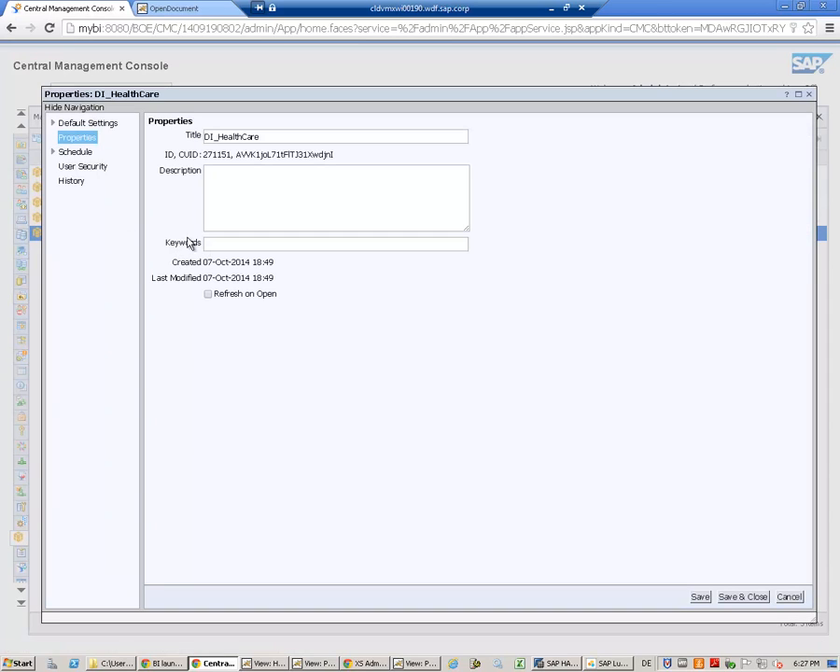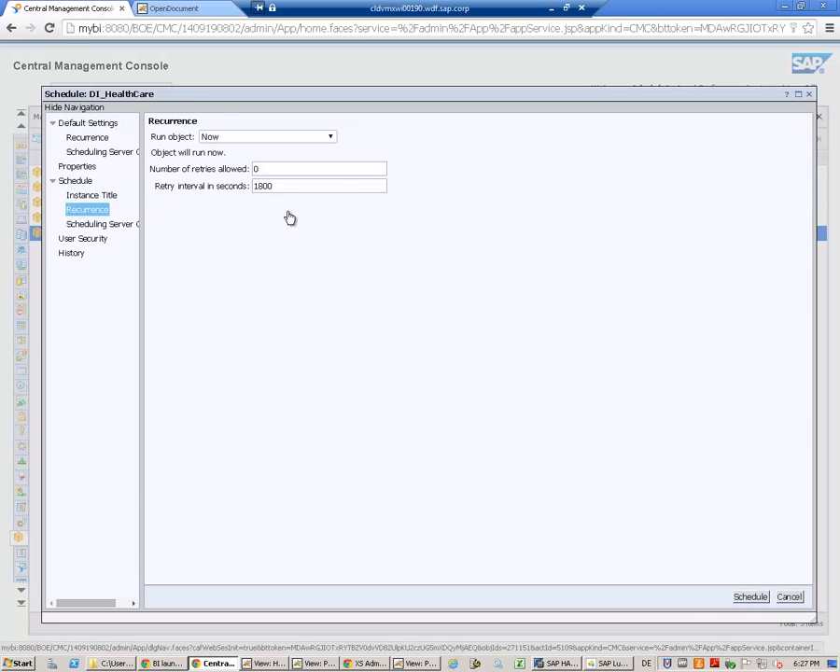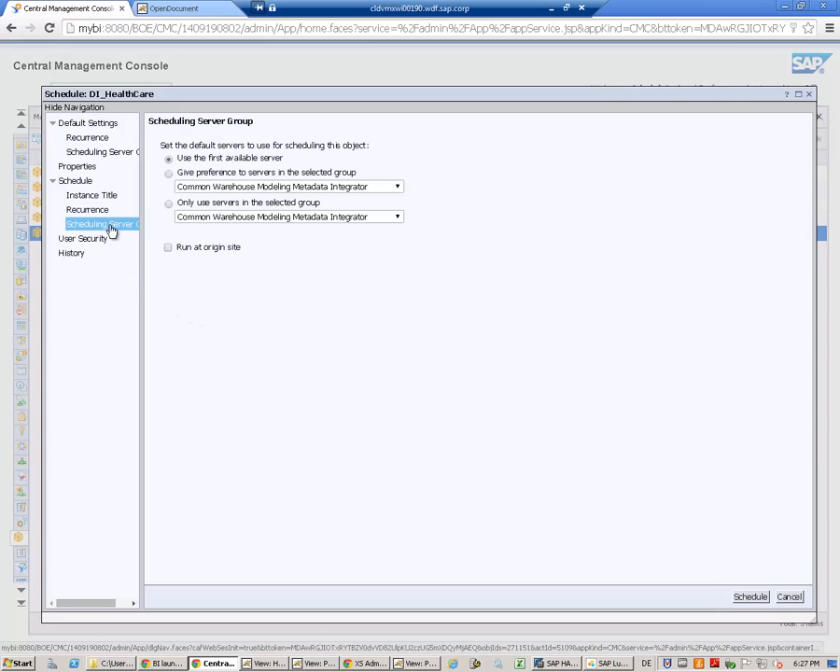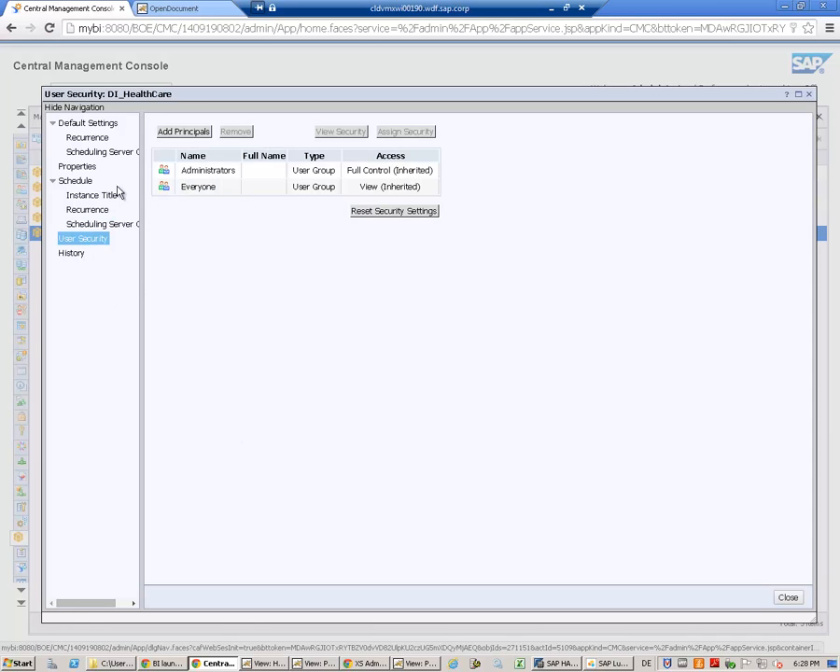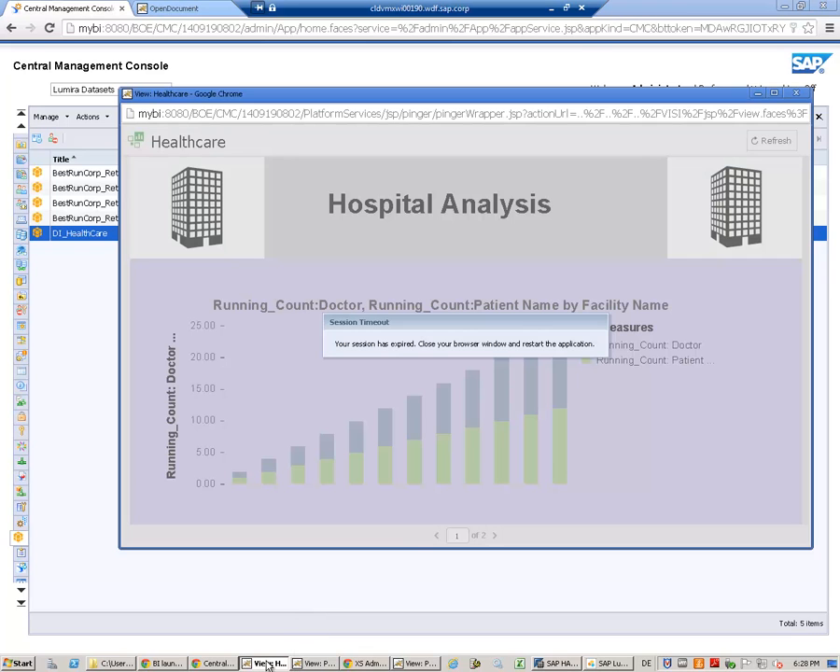So this is also something we could see, if I want to schedule directly from here. If I go into the properties, here I could provide the instance title, and this is the place where I mention the recurrence, how long or when exactly I want the scheduling, and also the scheduling server, the security, etc. So if you have a Lumira story and data set based on the universe, you have better authentication in order to perform the scheduling of the data and everything. Not only that,